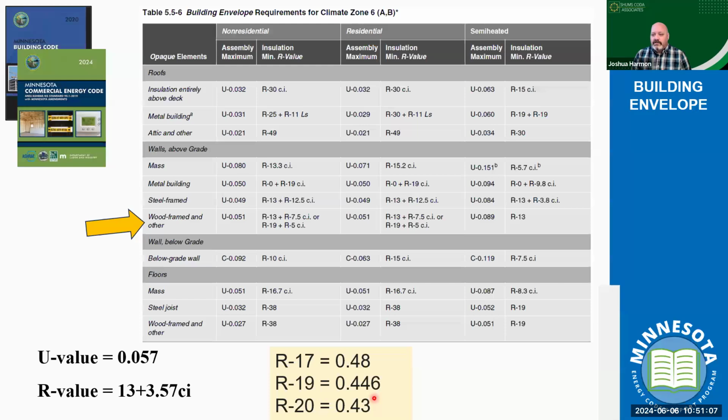And so if we were to start to increase this value in our wall, if we just increase the R value of the cavity and leave the 3.57, with an R17 we can get to a 0.48, which would be lower than our U factor assembly maximum. So again, that R17 plus 3.57 would pass, would be acceptable in climate zone 6. If you have questions, please raise your hand. But that's usually what we're looking for, right? We want to make sure as we design that building thermal envelope, it adequately meets the expectations that the code provides.